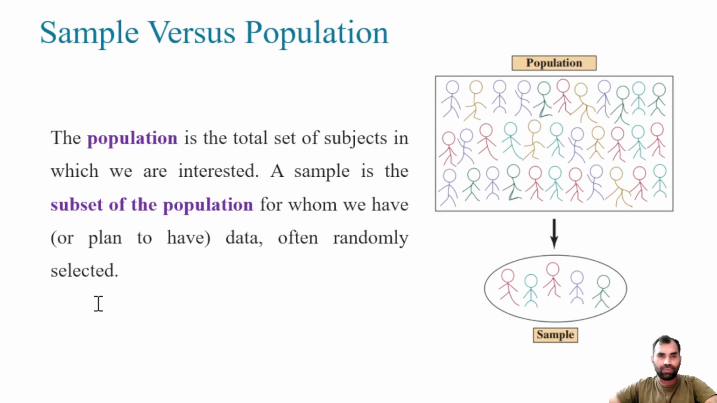Okay, so now we will start with the population. I think you are familiar with it. The population is the total set of subjects in which we are interested. A sample is a subset of the population for whom we have the data, often randomly selected. So I will give you an example of population. For example, we have a country A and its population is